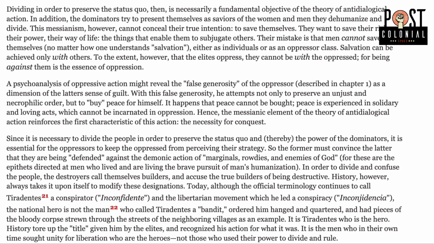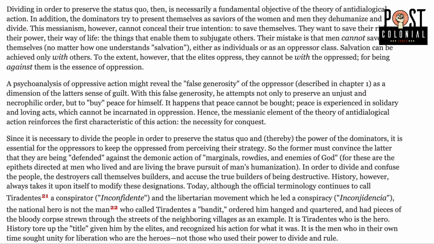To save themselves, they want to save their riches, their power, their way of life, the things that enable them to subjugate others. Their mistake is that men cannot save themselves. They save themselves, no matter how one understands salvation, either as individuals or as an oppressor class. Salvation can be achieved only with others. To the extent, however, that the elites oppress, they cannot be with the oppressed, for being against them is the